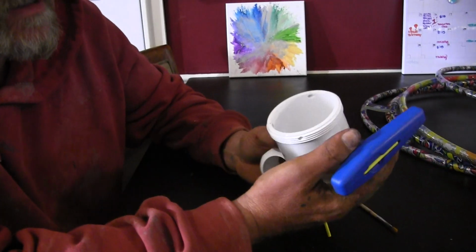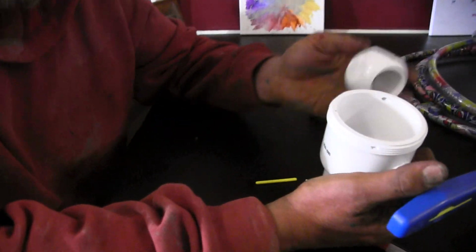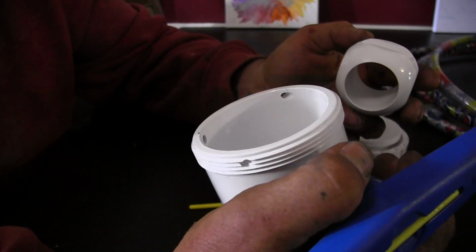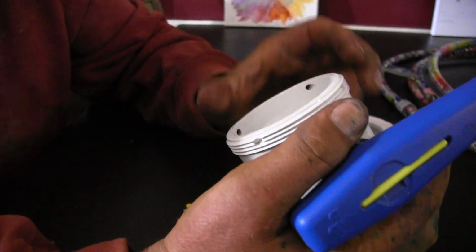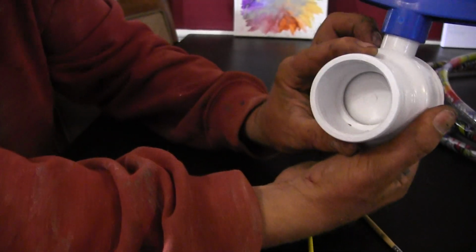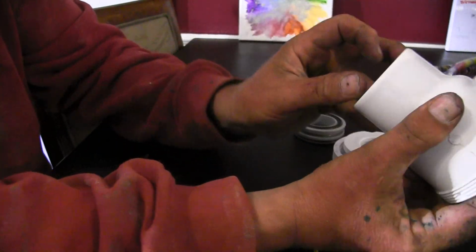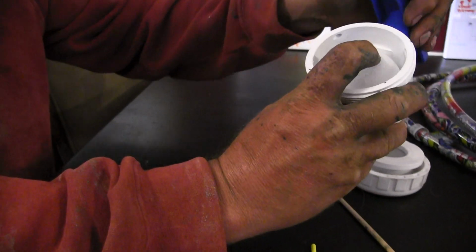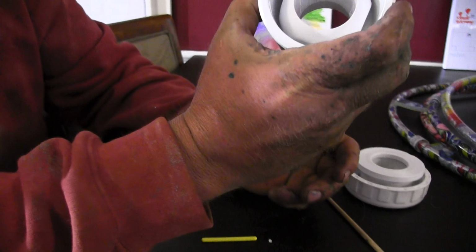So this is what we call a ball valve. Really simple idea. There's a ball here that has a hole through it. When your valve is closed, water can't get through because there's a seal here and there's a piece that goes on here that seals. So when you open your valve, you actually turn it so that the water can pass